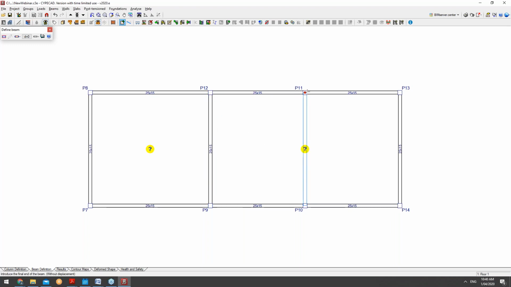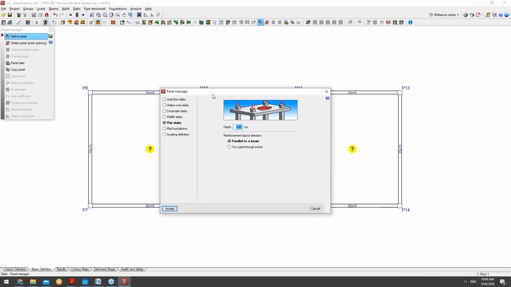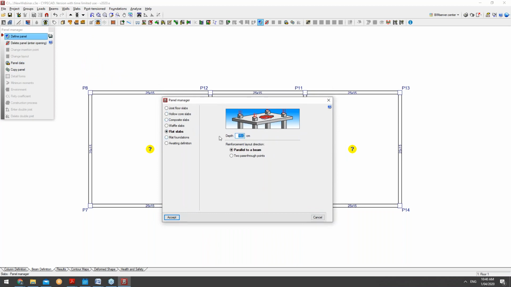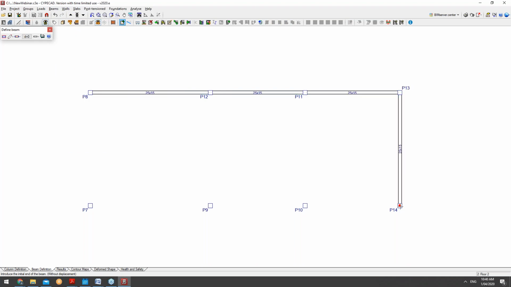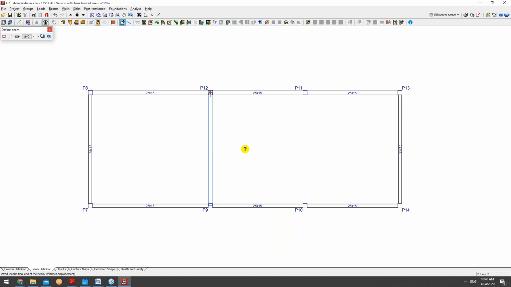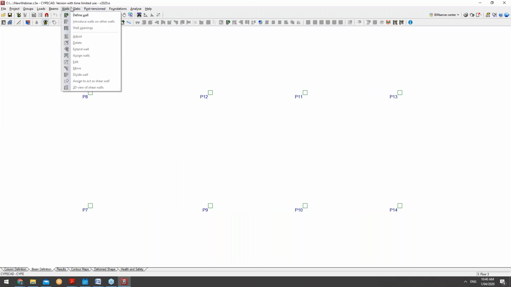As you can see here now, the program realizes that there are some panels that need to be inserted here. So I can come over here to my slabs, my panel manager, and I'm able to define a specific panel. And so now this isn't about the sort of panels, but you can see all the different types of panels as well. I'm going to select just a flat slab and do it to the particular codes. Moving up, I can introduce some beams again. And moving on to, again, the panel manager. And finally, for our last level, for our top level, sorry, we can have a look at the